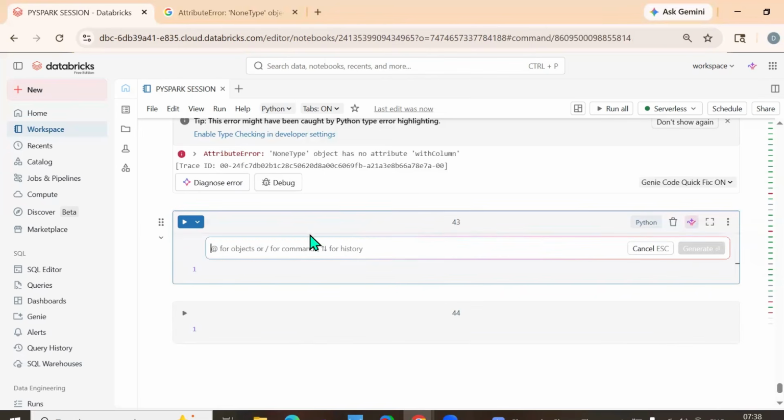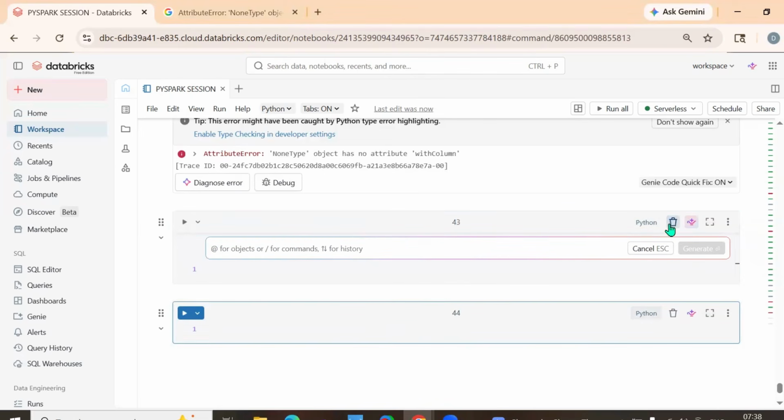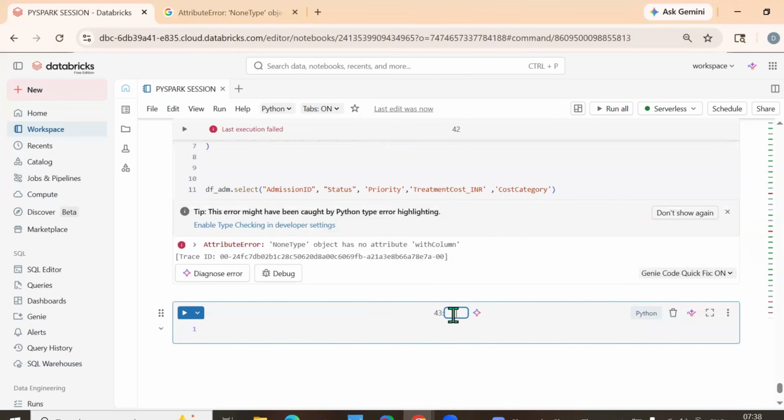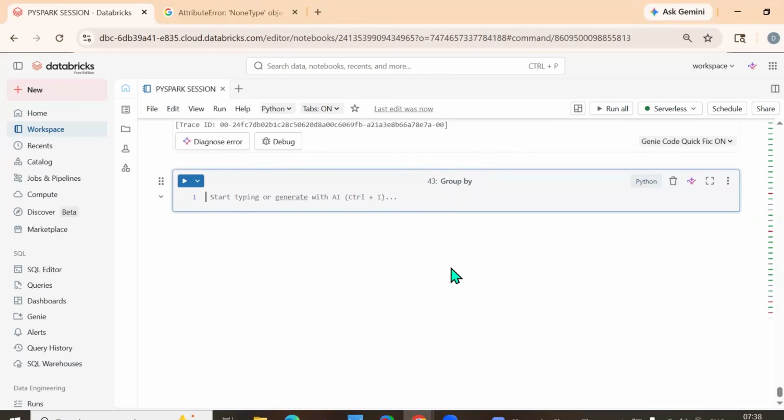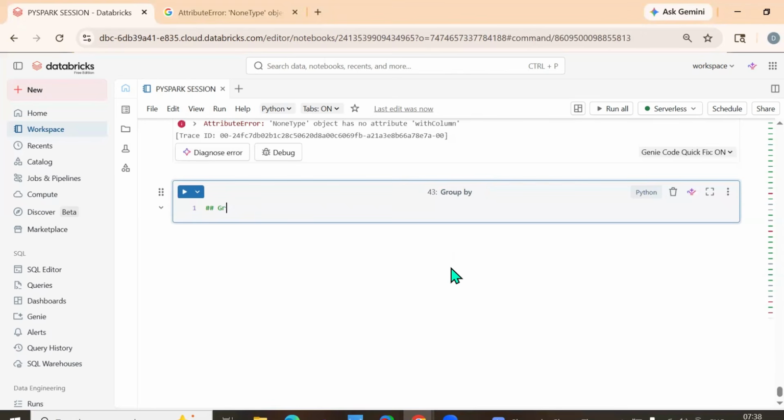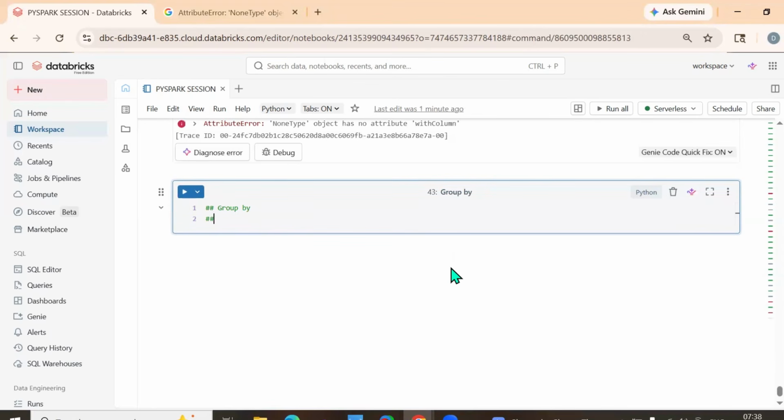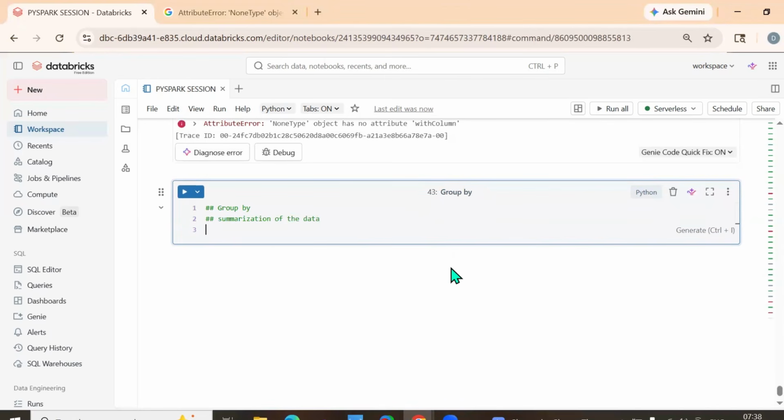So the next concept is group by. What do we need to do in group by? What is the concept of group by? It is simply summarization of the data. If I say region population, you would ask which region. Or if I say country population, you would say 1.4 billion is the population